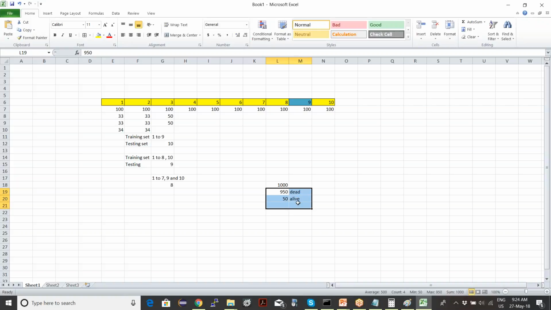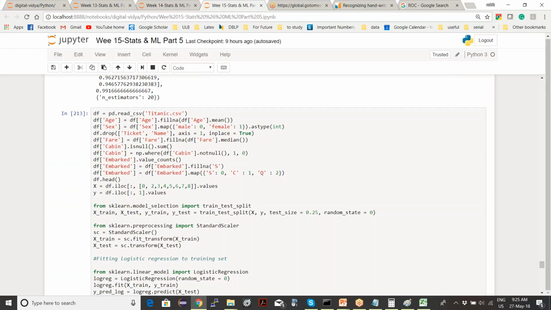This is the input data. And your model comes up with saying that irrespective of what happens, everybody is dead. Still your accuracy would be very high, 95% accurate. But this is not a good model, because when you see the ROC curve, it would not be very good. That's why just going by accuracy is not always good. That's why you try other parameters.